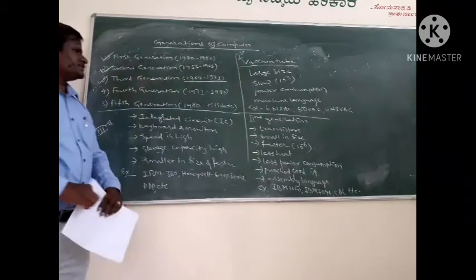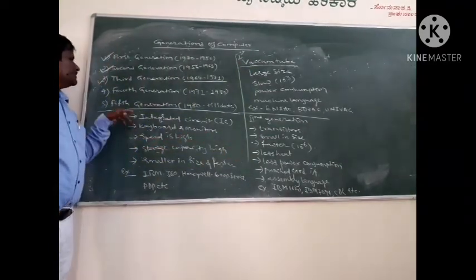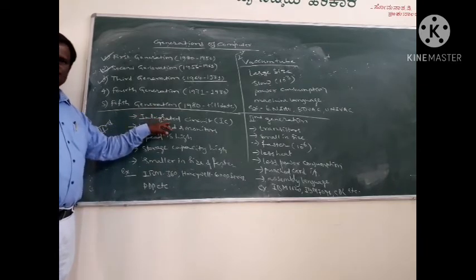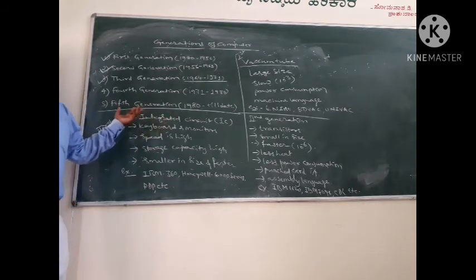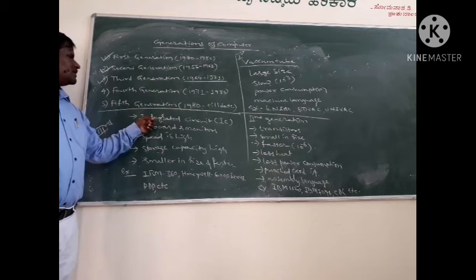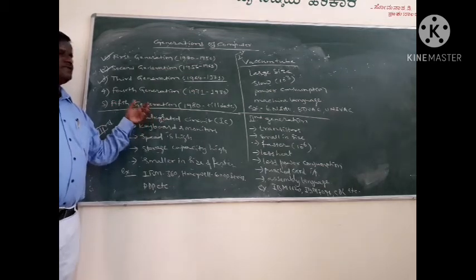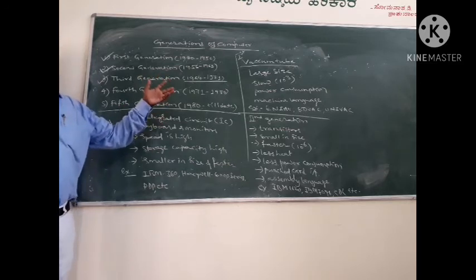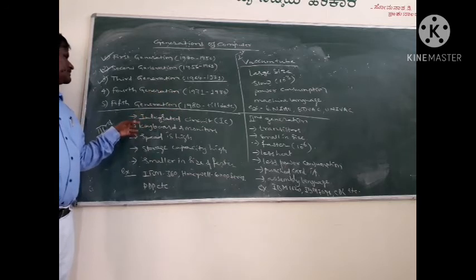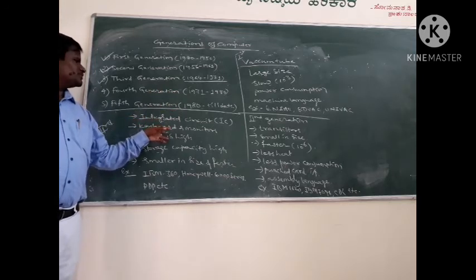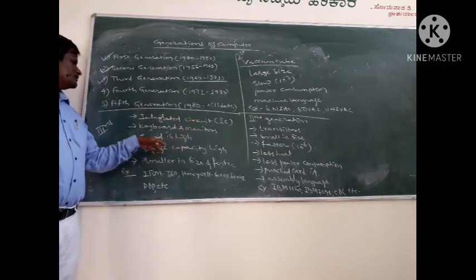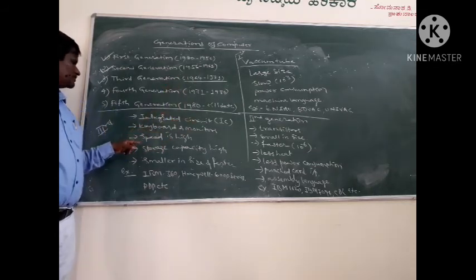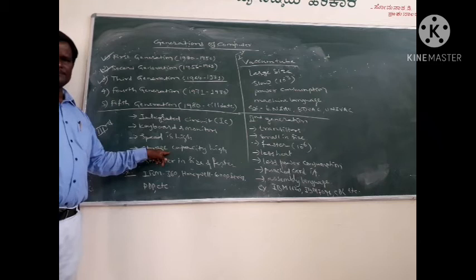The first generation computer, second generation, and the third generation computer. In third generation computer, we are making use of the device called an integrated circuit, that is a chip, which is placed on a motherboard for processing. And that chip is very small in size and it is very high in speed. So one chip or one IC is equivalent of thousands of transistors. And in the third generation of computer, we start making use of a keyboard and monitors for input and output. The third generation computer's speed is very high compared to the first and second generation computers. The storage capacity is also high.